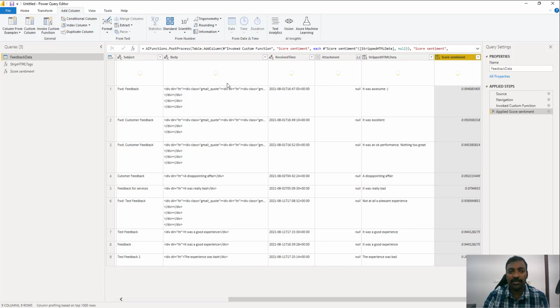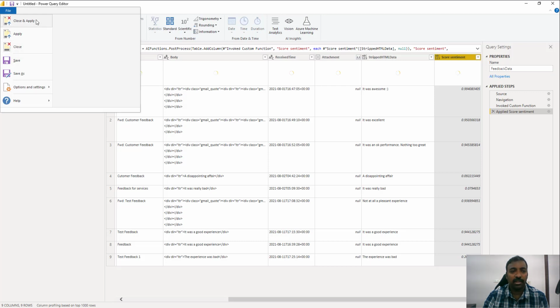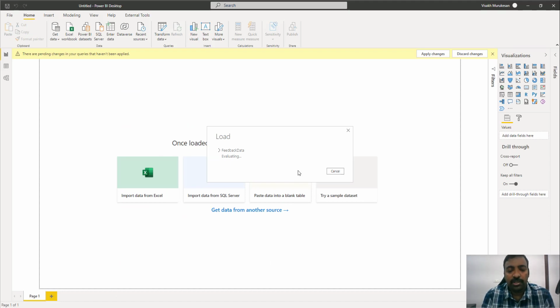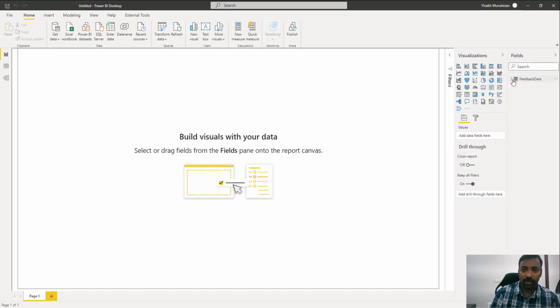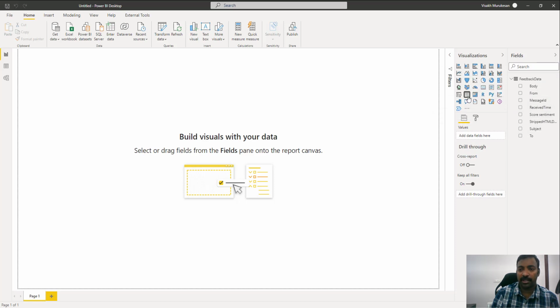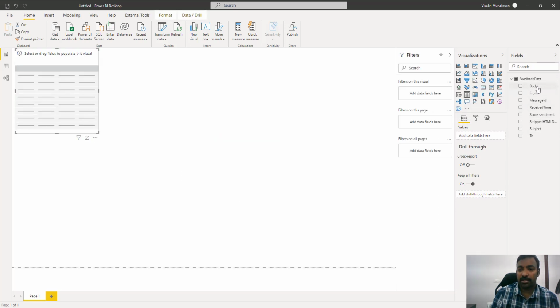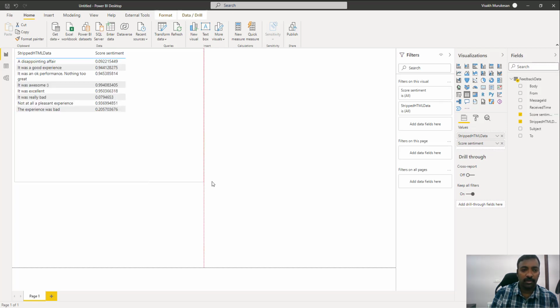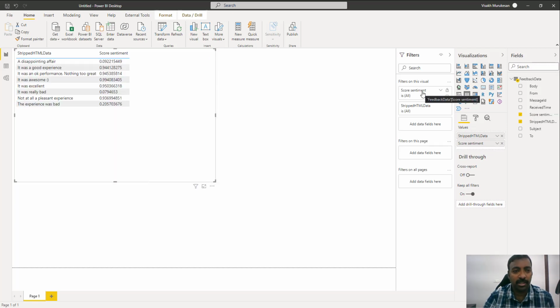So once you have these values generated, you can now apply it and come back to your visuals, and you can use it for any of your visuals. Once the model is loaded, you can use this for generating the weighted average. So the model is now loaded here. You can see that the sentiment score will come as a part of it. So if you try to put it inside a table, you can see that this was the body and this was the sentiment score corresponding to that. If you want to represent it in a percentage, or if you want to maybe calculate a rank based on that, all these things can be done.